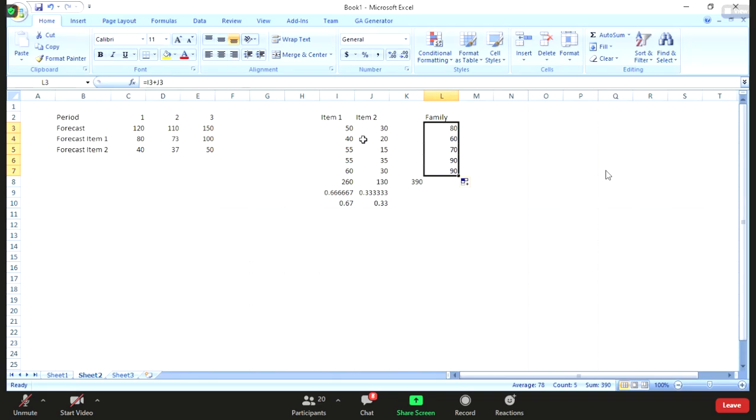The real data is the demand on item, but we cannot forecast for every item. What is the reason? You can refer back to my slide. After we get the demand for every item, we need to sum it to become demand of family. And family product is imaginary. We cannot see the product, but we need to work based on the data. So we aggregate it to become total demand of items. After we sum it, we conduct forecasting based on family data. After we forecast, we need to break down again to become forecast of every item. How to break down? We can work based on this percentage or ratio.